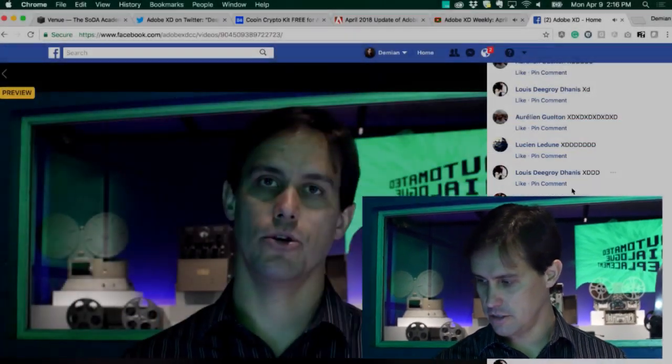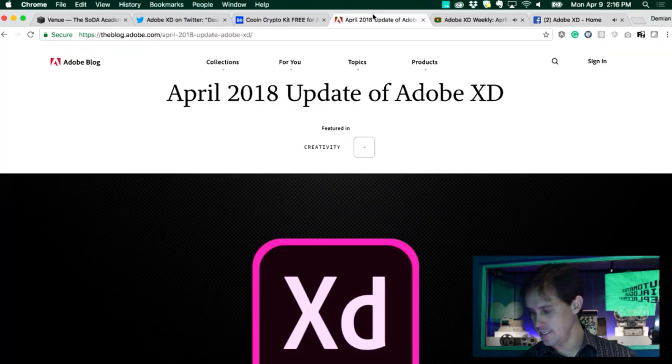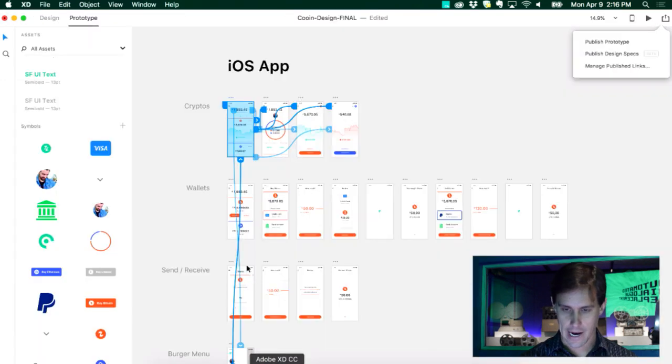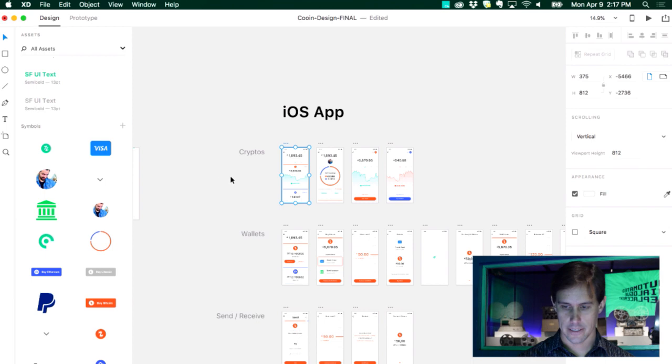All right. Let's go back here to my screen to show more features that we have now in XD 7. All right, so the second one is highlight. If you're designing, let's say I have,